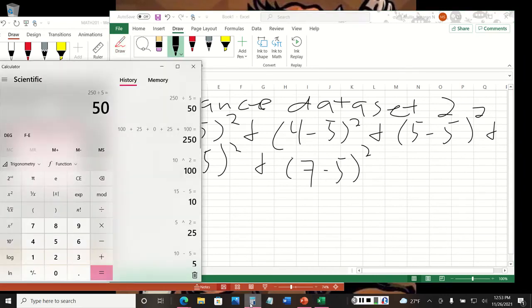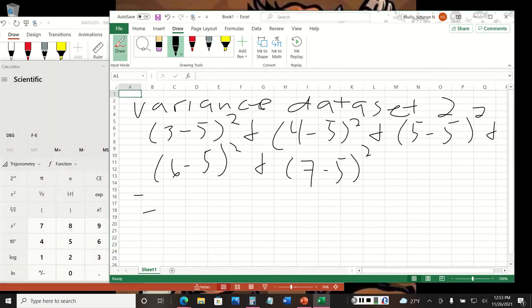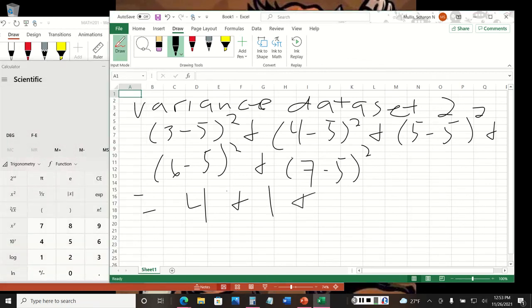I'm going to go into the calculator. And again, I'm using the scientific calculator. 3 minus 5 equals negative 2. 2 squared equals 4. So it's 4 plus 4 minus 5 equals negative 1. We square that negative 1 to make it a positive 1. Plus